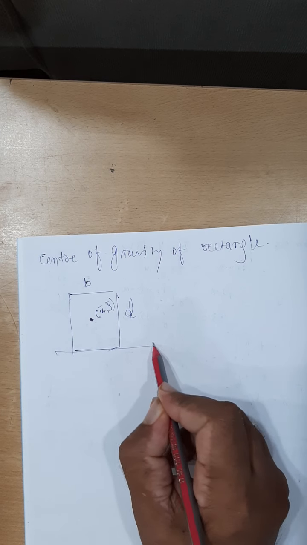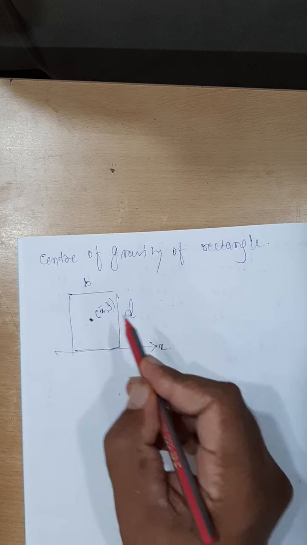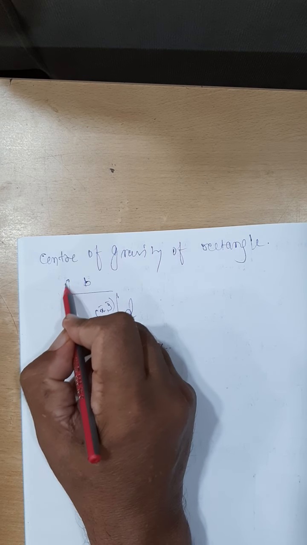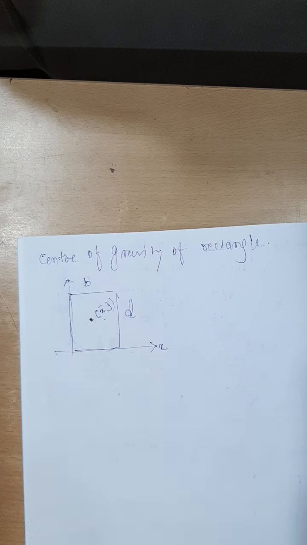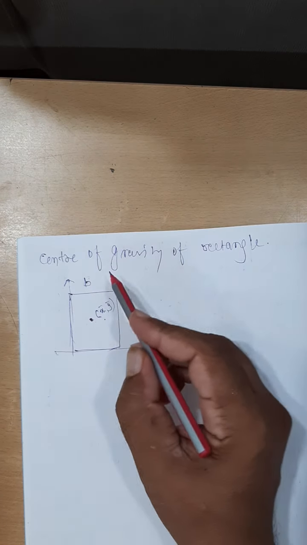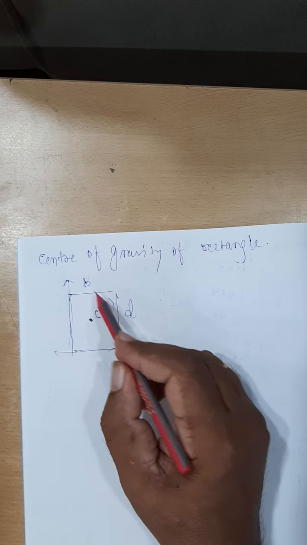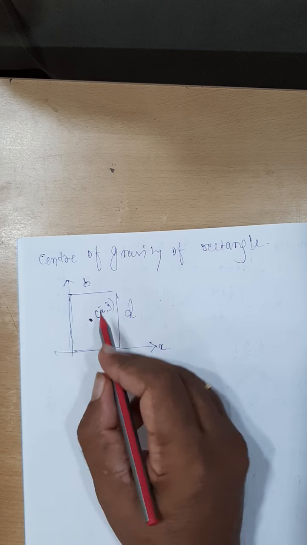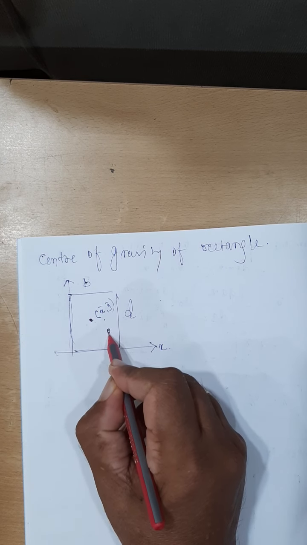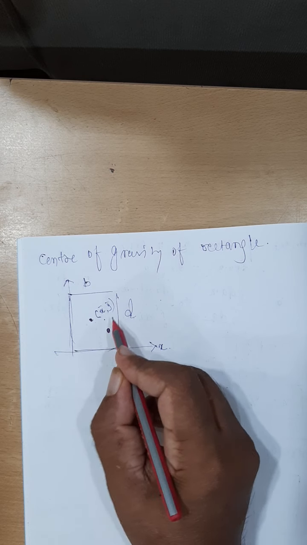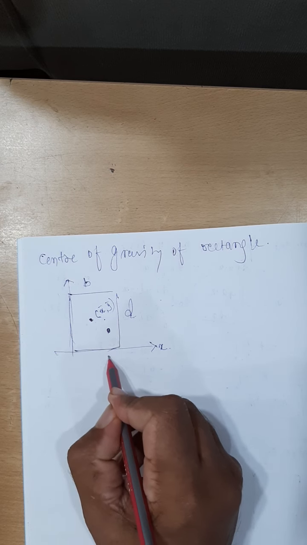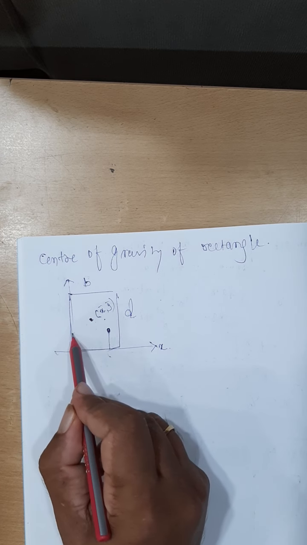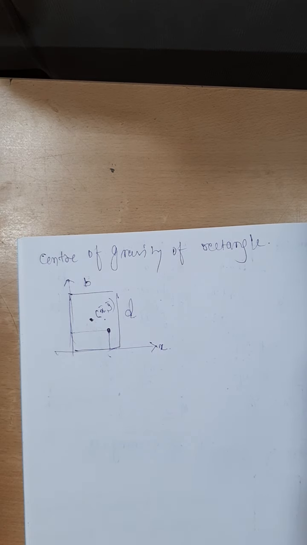Its center of gravity is with respect to the reference axes, and you can select anything. The x line and y line are the reference axes. With this coordinate system, its center of gravity is located at a distance of x bar and y bar. To calculate it, I need to cut this figure into small elemental parts of which the centers of gravity are known to me. I am taking one elemental part having a small area dA, then I can say where the center of it is, at this much distance from this line and this much from that line.